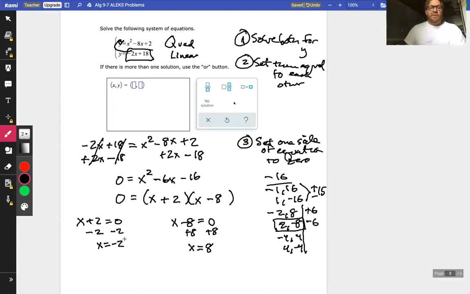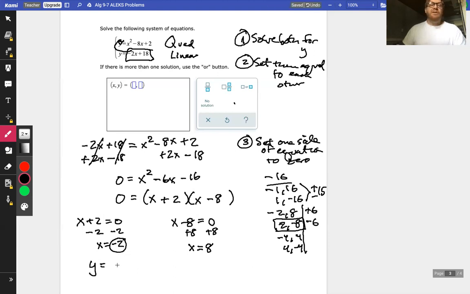So we're going to start with this negative 2. Finding the roots is great, but I want to find the points. I want to find out where these meet. So I have to find my y coordinate so that you have an ordered pair, an x and a y. So let's put negative 2 into that linear equation. It's always easier to substitute into the linear equation than the quadratic. It's just less multiplying and adding and all that. And like I always say, work smarter,